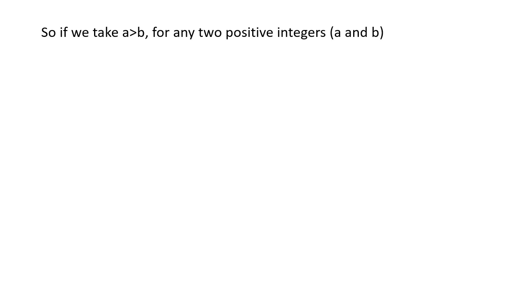First of all, this lemma is applied for two positive integers only, where A and B are two positive integers and A is greater than B. If so, then we take A is equal to BQ plus R. That is the formula for Euclid's lemma, where R is greater than or equal to 0 and less than the divisor, that is B.